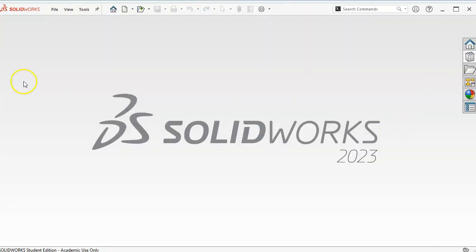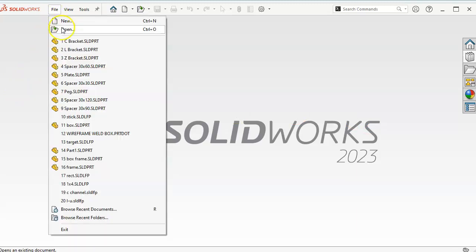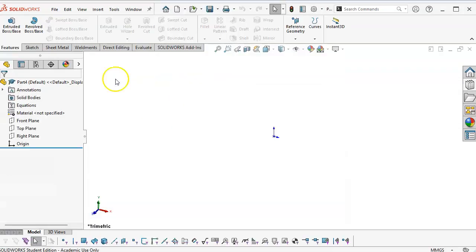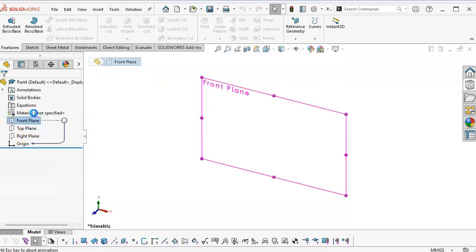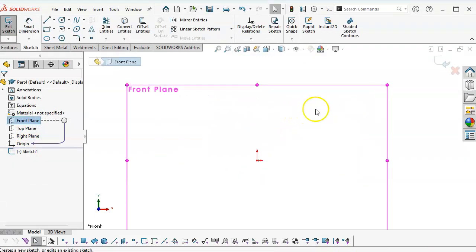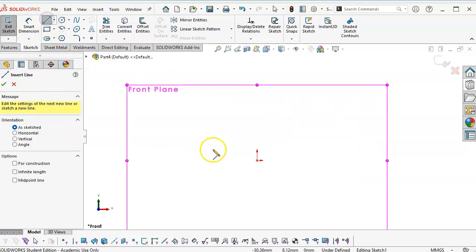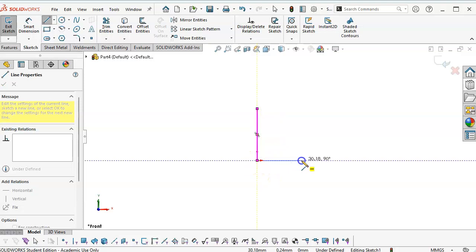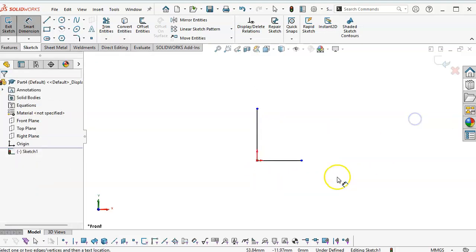How do I make this a configuration? Well, I don't know that I would use the thin feature. The thin feature would be okay, it just would not be my first preference. So if we go into the part metric and the front plane again and open the sketch, let's see what we can do with some offsets. So instead of the thin feature, I am going to go with the